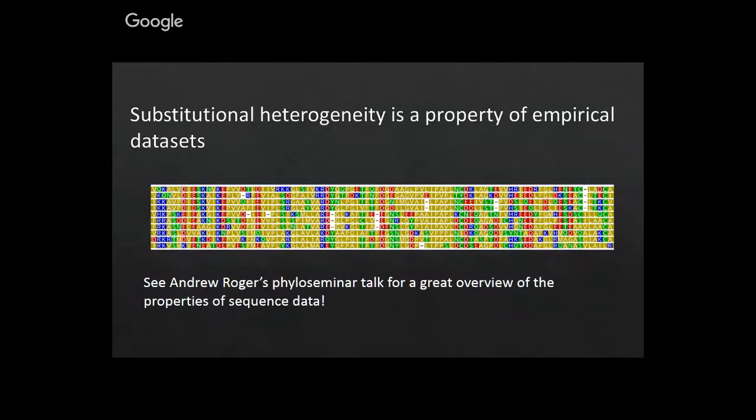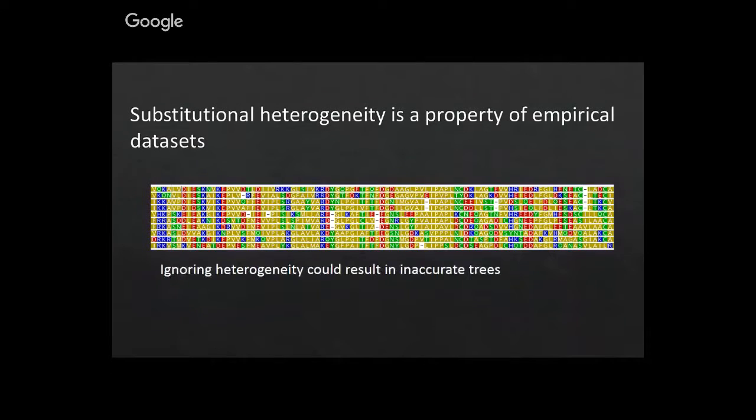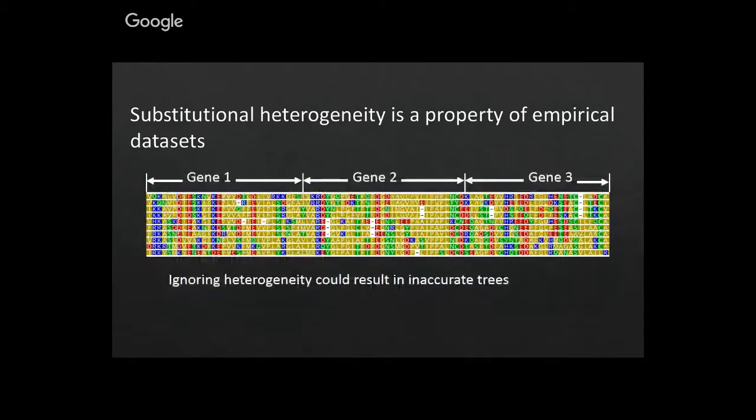So this is just a simulated amino acid sequence. I don't think it represents any actual amino acid sequence, but it's just for illustrative purposes. And we also know that completely ignoring heterogeneity can result in inaccurate trees, essentially systematic error, because the model is not describing the data well enough. It's been described that that can happen, although it's not 100% clear how often that occurs, but it certainly is something to take into consideration. And I certainly don't think that ignoring heterogeneity would necessarily be a good approach.